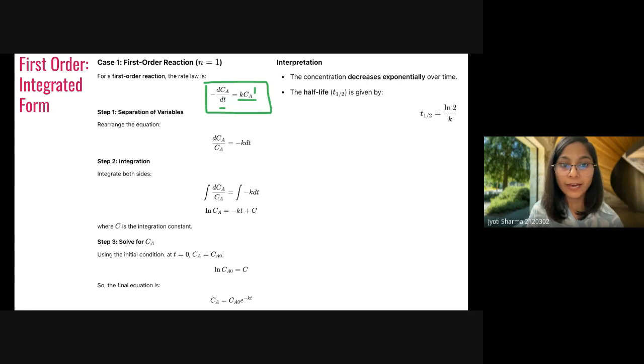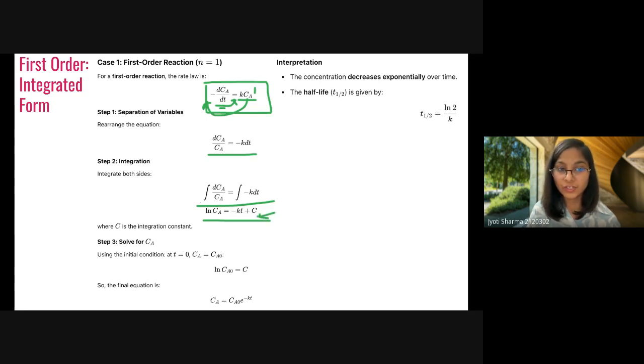If we arrange this, this will go here and this will go here. So what will be? dCA upon CA is equal to minus K dt. If we do the integration of this, then after integration we will have the natural log of CA is equal to minus kt plus